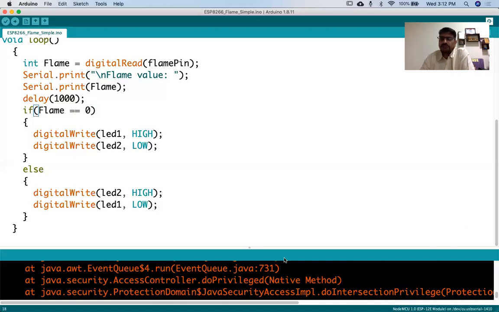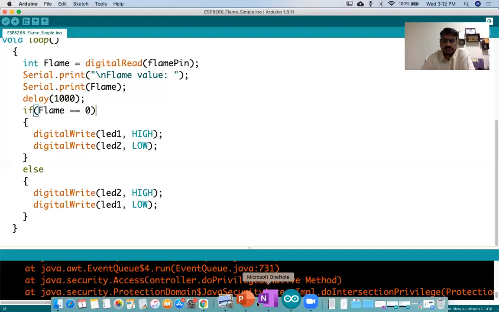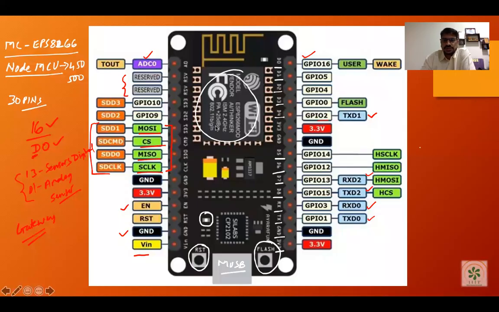the Node MCU will give you the facility to connect to the internet. How? Let's see the architecture of the Node MCU again, and then you can find out why. In this microcontroller, which is the ESP8266, it is also enabled with the 802.11 protocol. This 802.11 protocol is for wireless LAN, and it will give you connectivity with the wireless local area network. It will support 802.11 b, g or n.